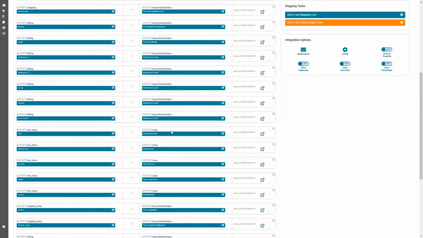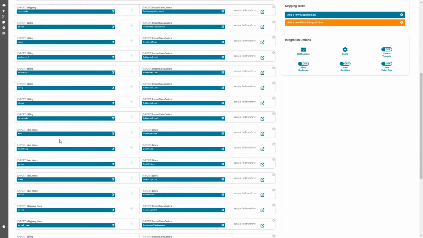SKU. One point to note, the SKU must match the stock code in the receiving accounting system. So if we're selling widgets and the widget is AJ001 in Woo, it must be AJ001 in Sage.